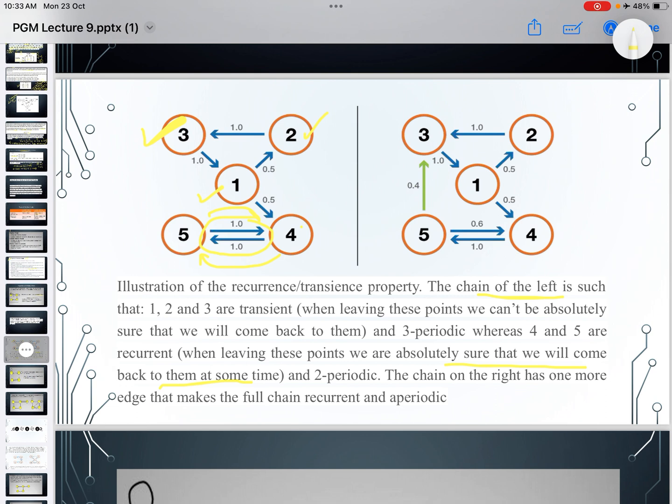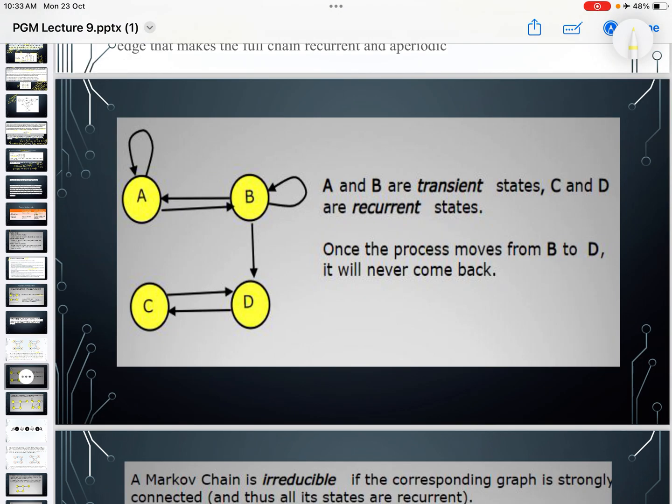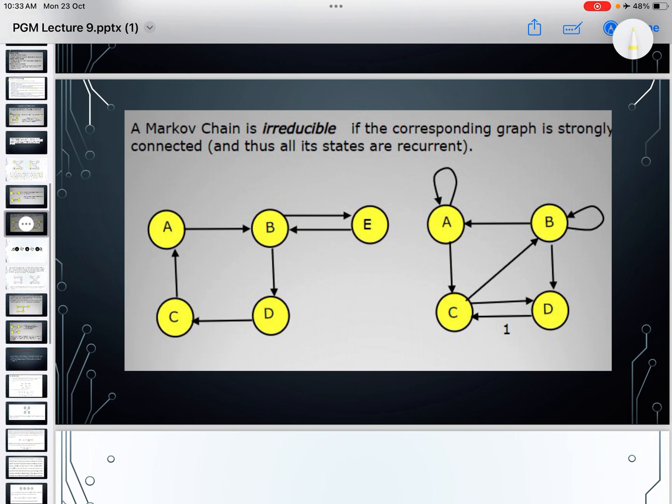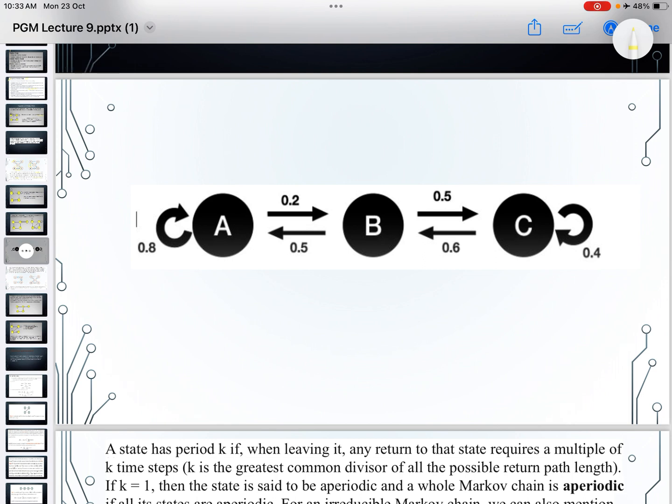The chain on the right has one more edge that makes the full chain recurrent and aperiodic. So it has one more edge, that is this edge, which makes it recurrent and aperiodic. A and B are transient states, C and D are recurrent states. Once the process moves from B to D, it will never come back. A Markov chain is irreducible if the corresponding graph is strongly connected and thus all states are recurrent. So if this is the example,